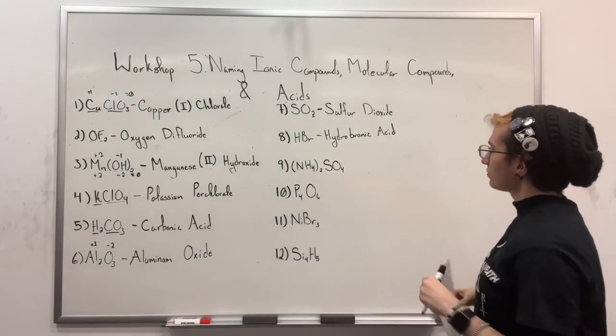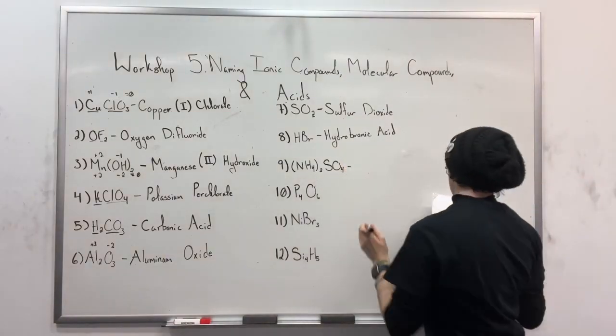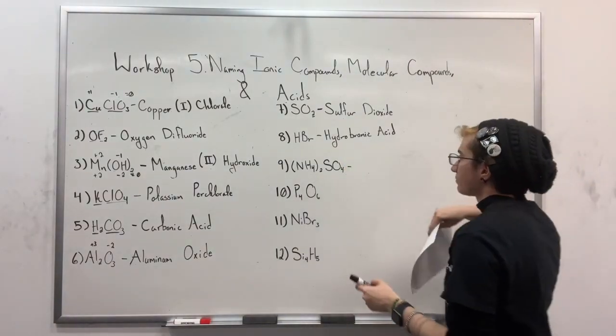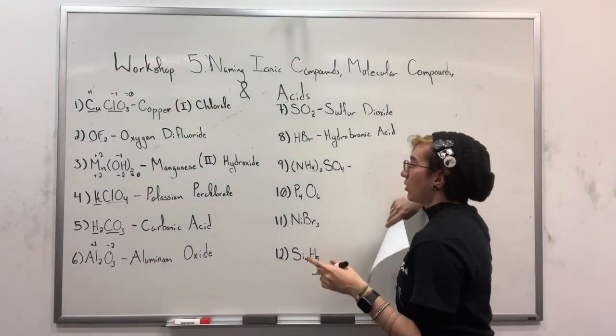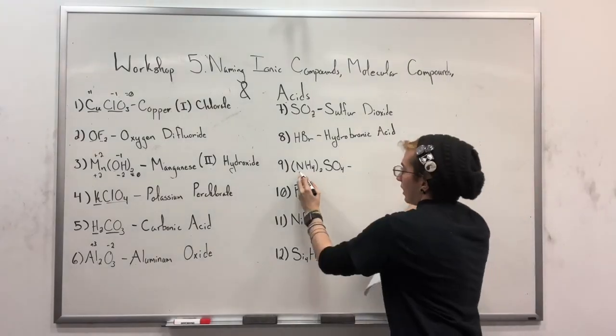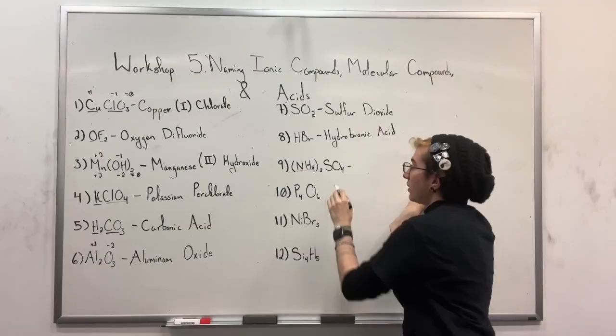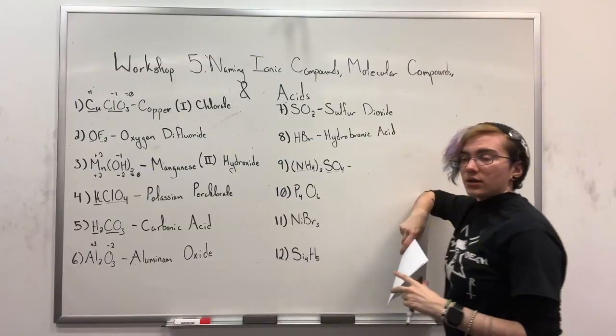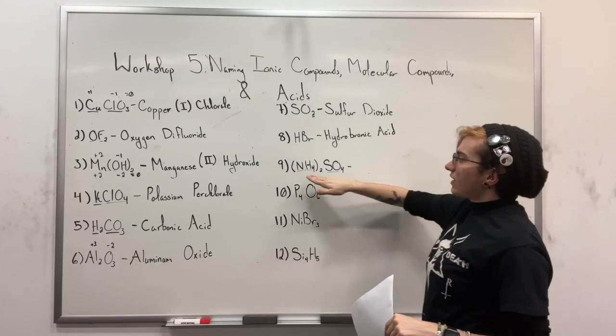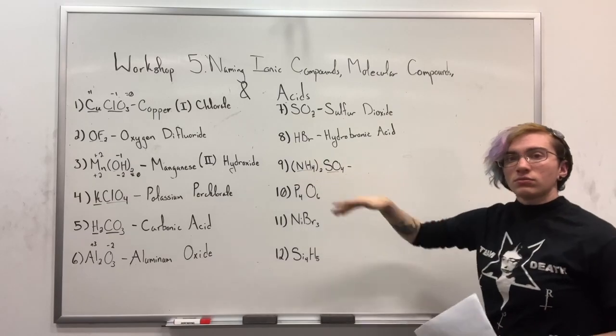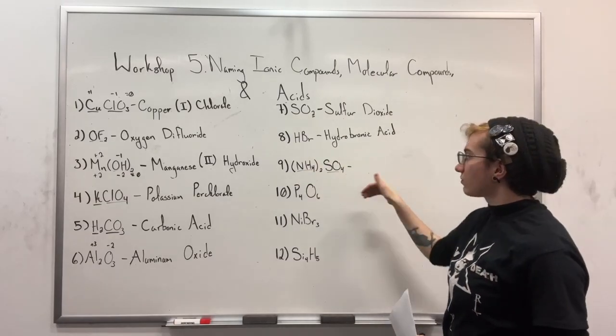NH4 twice, SO4. This one is definitely one of the trickiest ones to look at and relies a lot on your knowledge of polyatomic ions. NH4 is a polyatomic ion, and SO4 is a polyatomic ion. And in this case, the NH4 is acting as a metal because since these are both ions,